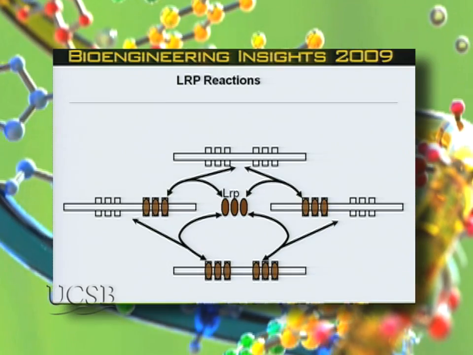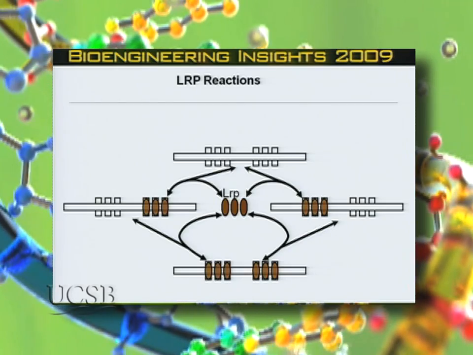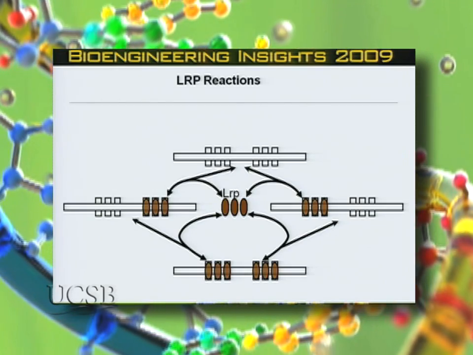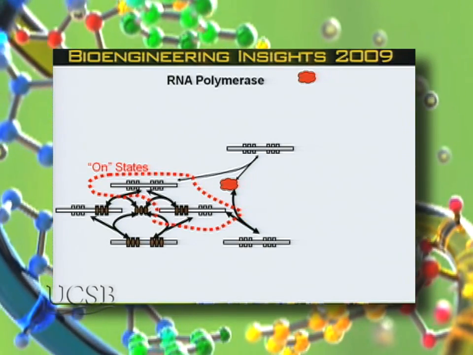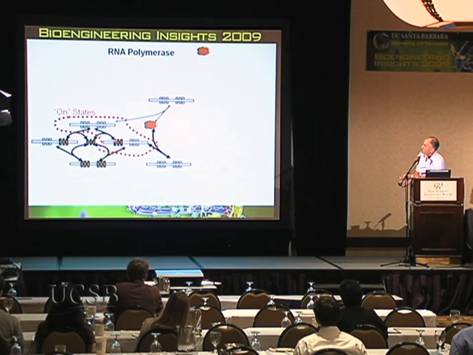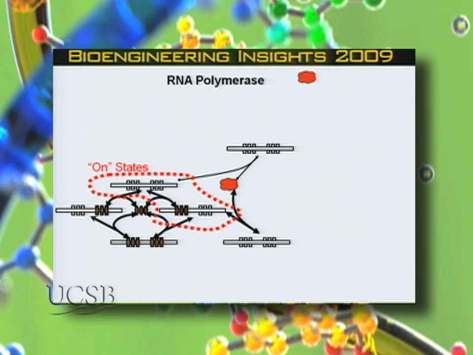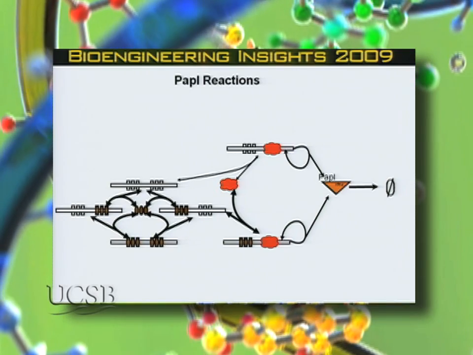They took apart the system into all the types of reactions that could occur. Here's Lrp. It can bind to the proximal sites. It can bind to the distal sites. It can bind to all sites. Maybe it doesn't bind to any. And by looking at these various states that are on, for example, here's Lrp bound to the upstream set of sites, we know that's on. That's what I've talked about with you. And if they're bound to both sets of sites, that's off because we're going to block transcription. So by going through all of these states, and here's RNA polymerase, in the end, we want to look at transcription. So what they were able to do is look at these networks, these loops,